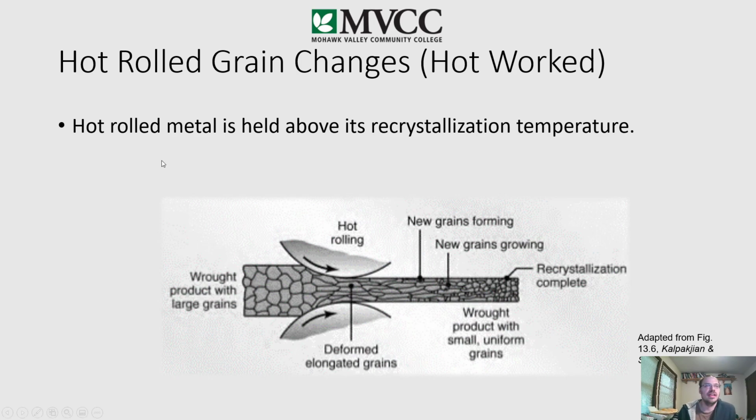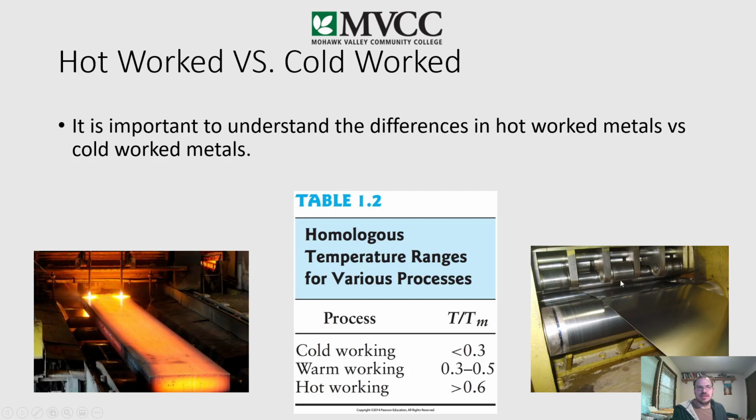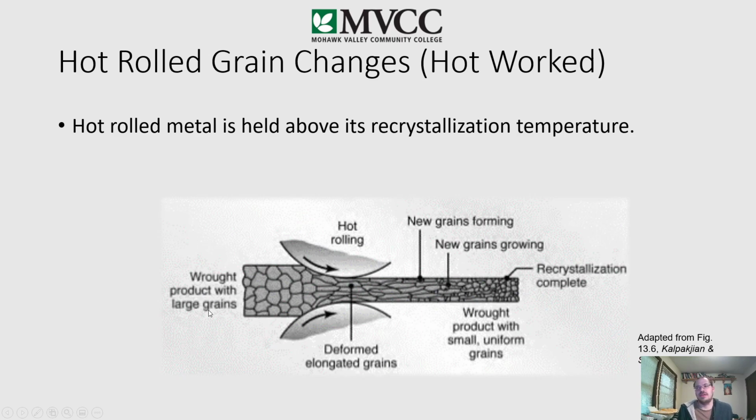So what you're seeing in the actual PowerPoint right here is an example of this. A wrought product with large grains, so we have a rather high grain material here. And this is brought through rollers. So this is our rolling press, and we're trying to get the metal to be a certain width, right? So we have hot rolling being done here, and if you notice, the grains are rather big, and then they get stretched. And this is a term called